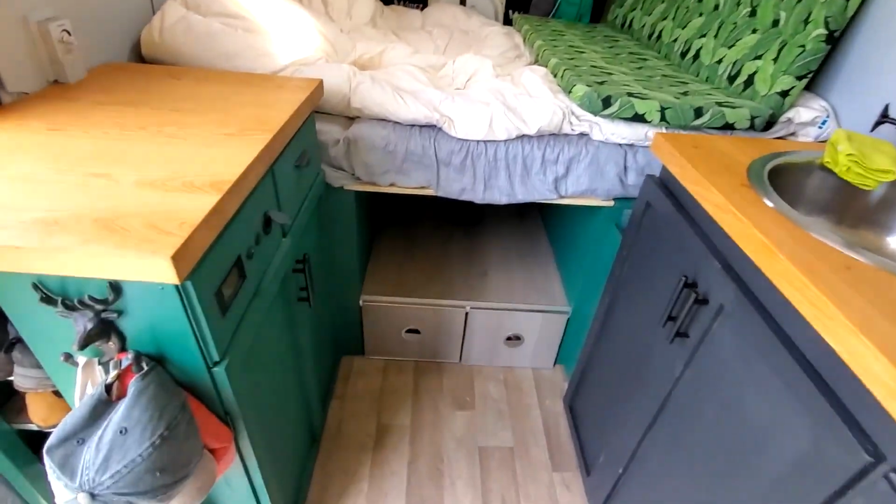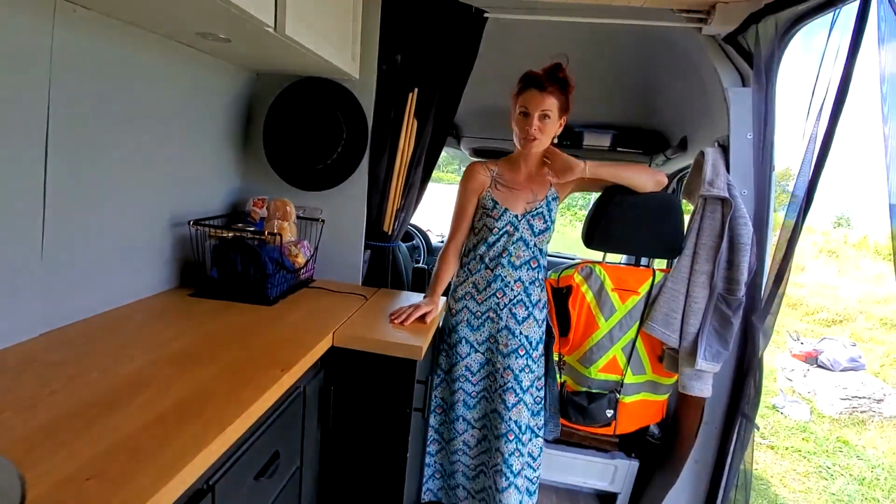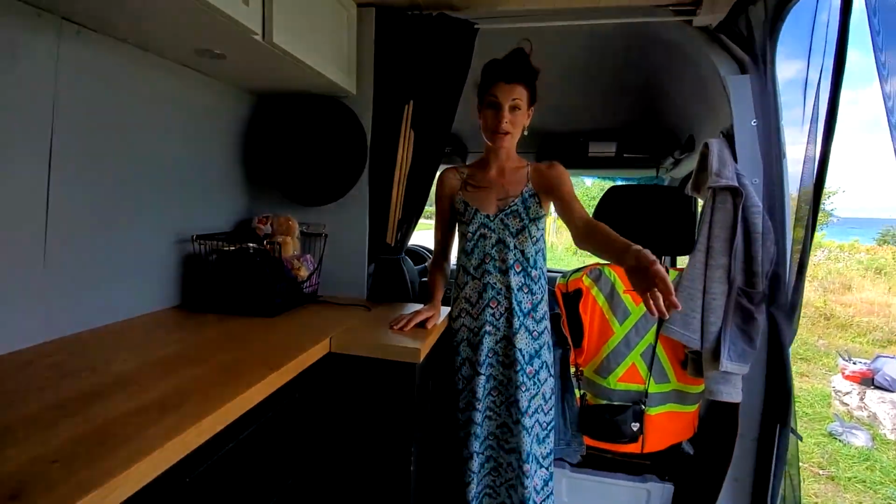So our van is a very classic bed in the back, kitchen on the side look. There's definitely some decisions we made though that made it personal and right for us. So, all right, the first thing you'll notice when you come in